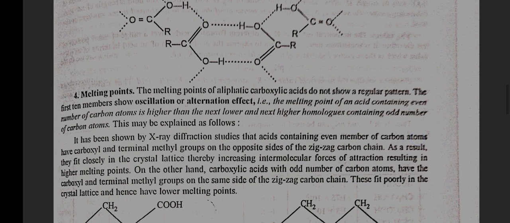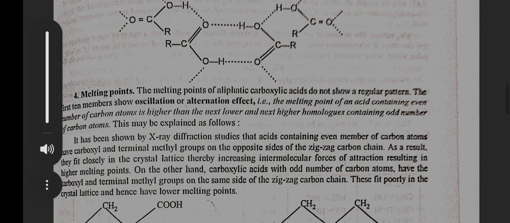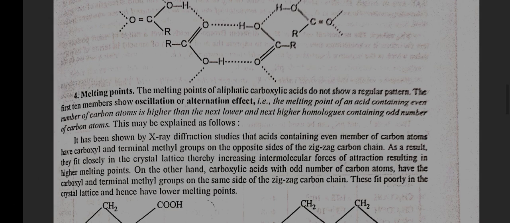Melting point. The melting points of aliphatic carboxylic acids do not show a regular pattern. The first 10 members show oscillations or alternation effect. That is, the melting point of an acid containing an even number of carbon atoms is higher than the next lower